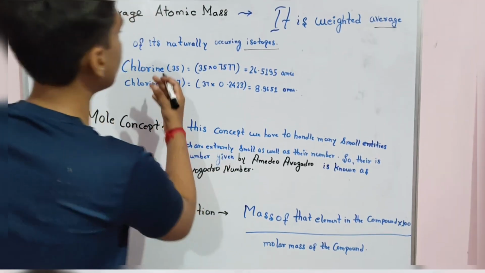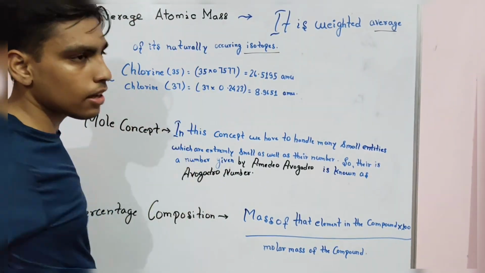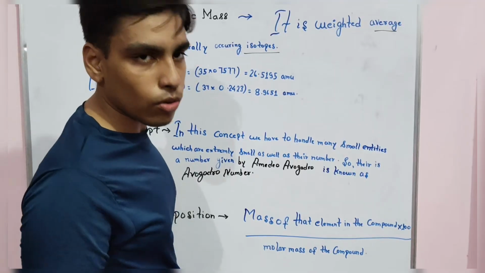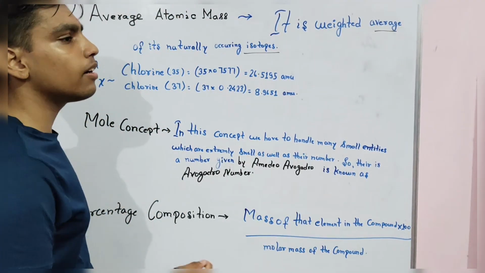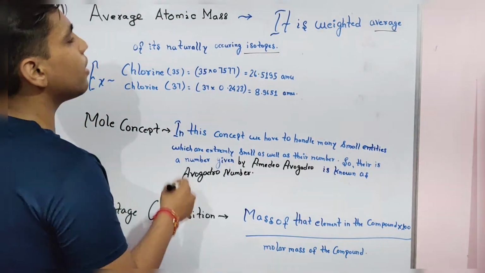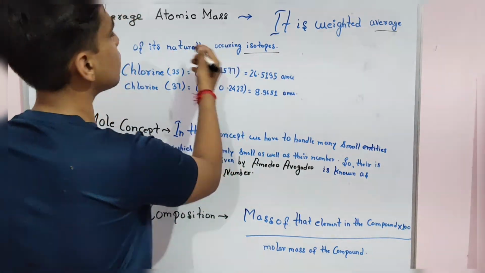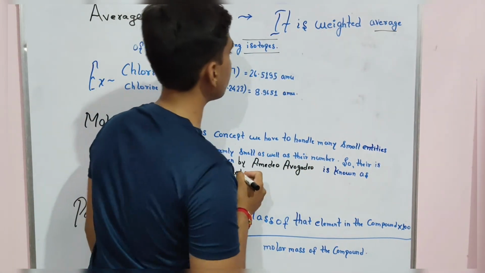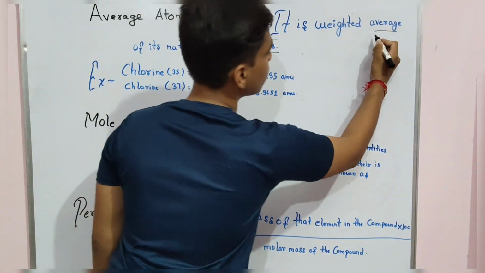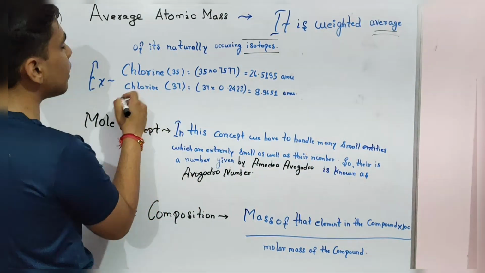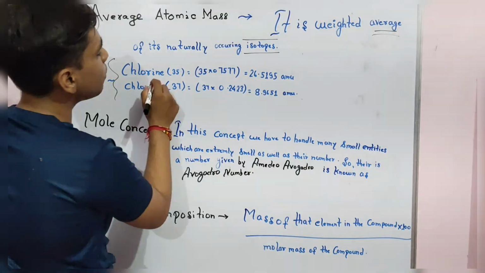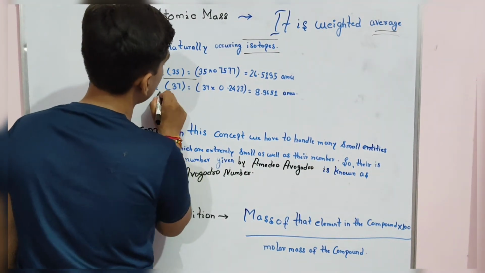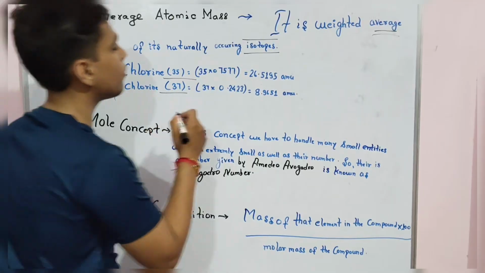Let's move to our topic, average atomic mass. Here we have the weighted average of our isotopes. We have the smallest particle, like our atom. In atomic mass, we will see there will be isotopes in an atom. So this will be the average of their isotopes. We can see it by an example of chlorine. There we have two types of chlorine. Their masses are 35 and 37.